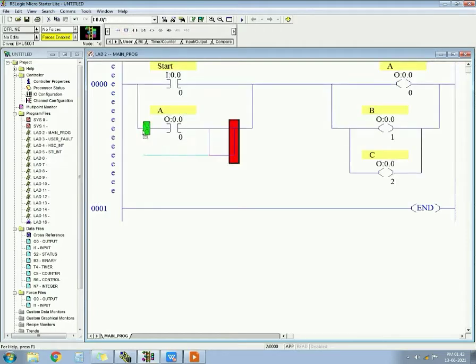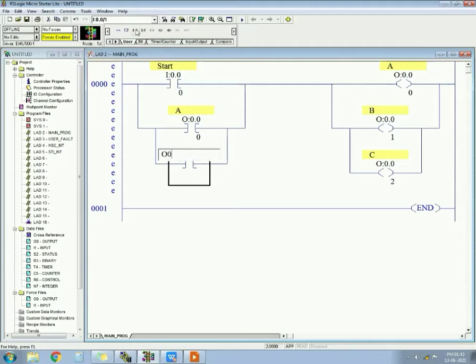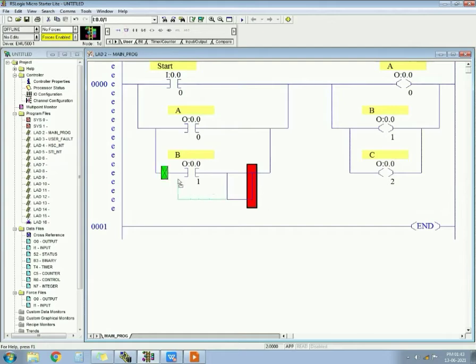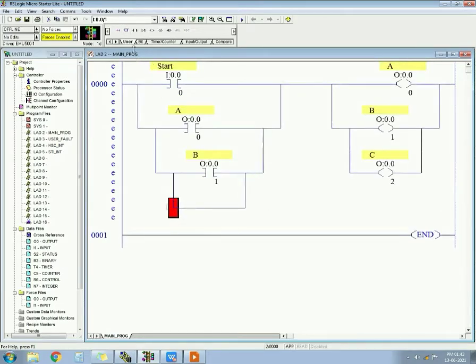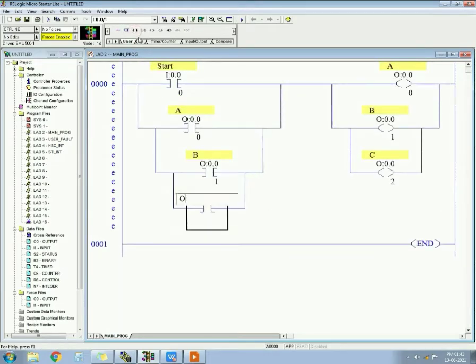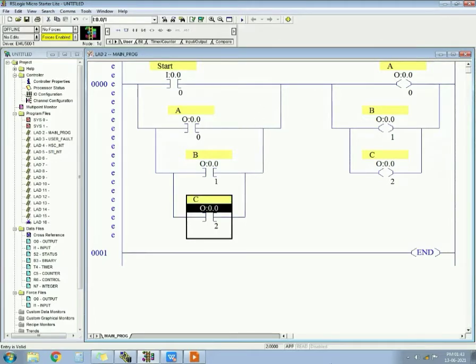I am using another latch, the second latch, O0:0.0/1, and I am using a third latch also, O0:0.0/2. So these are the three outputs.